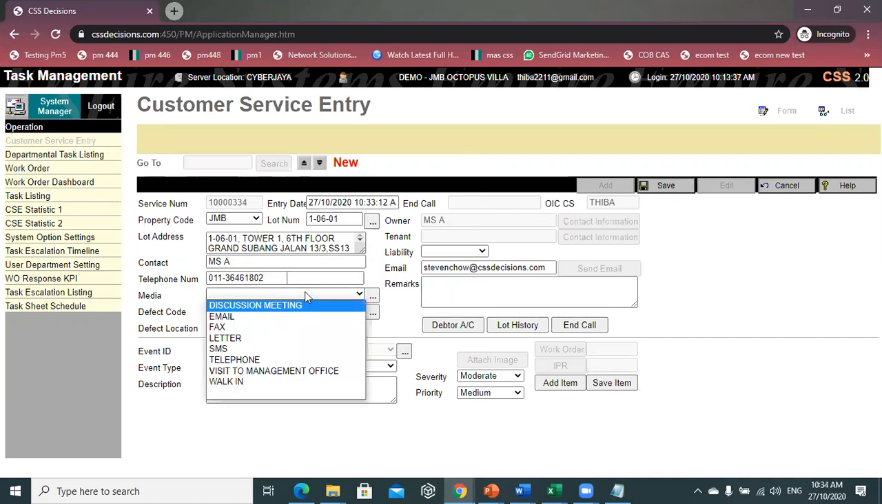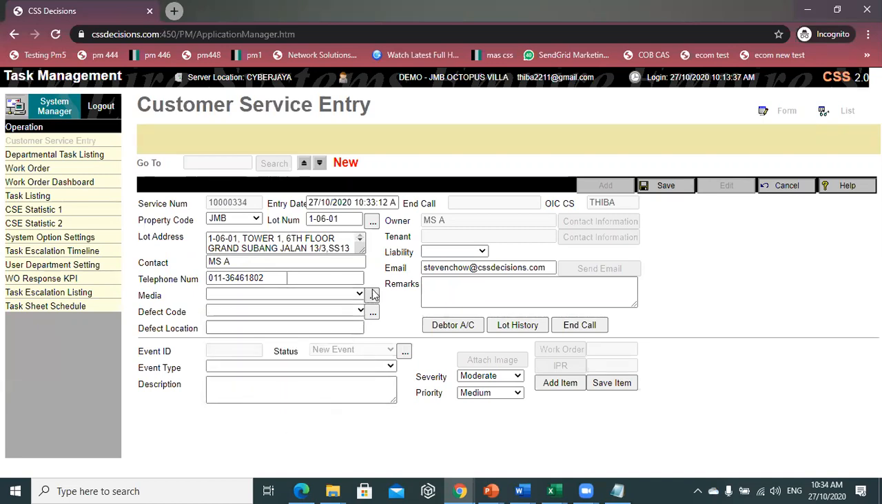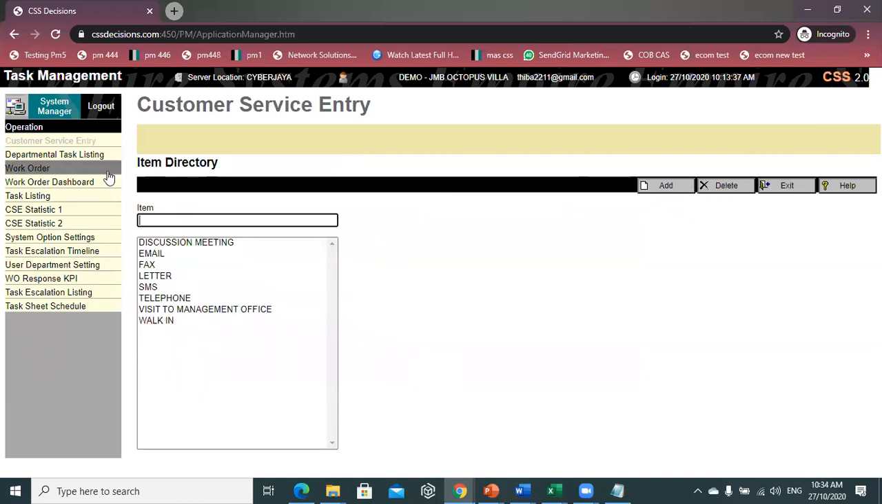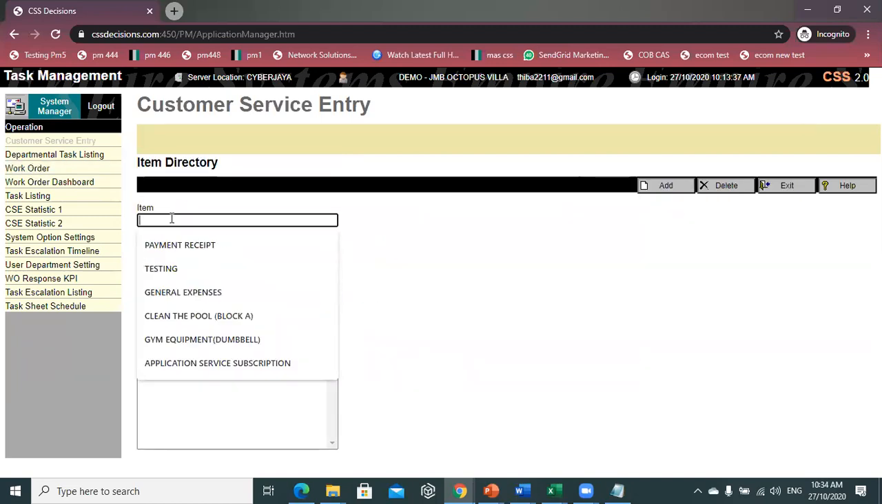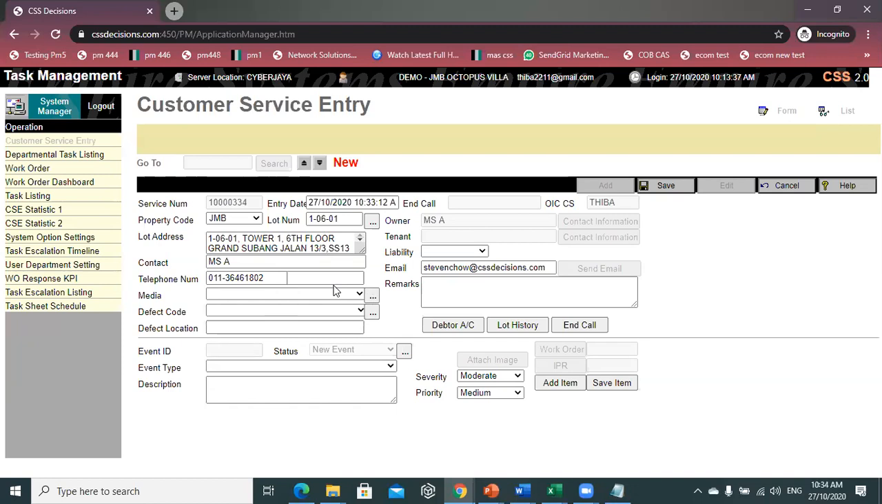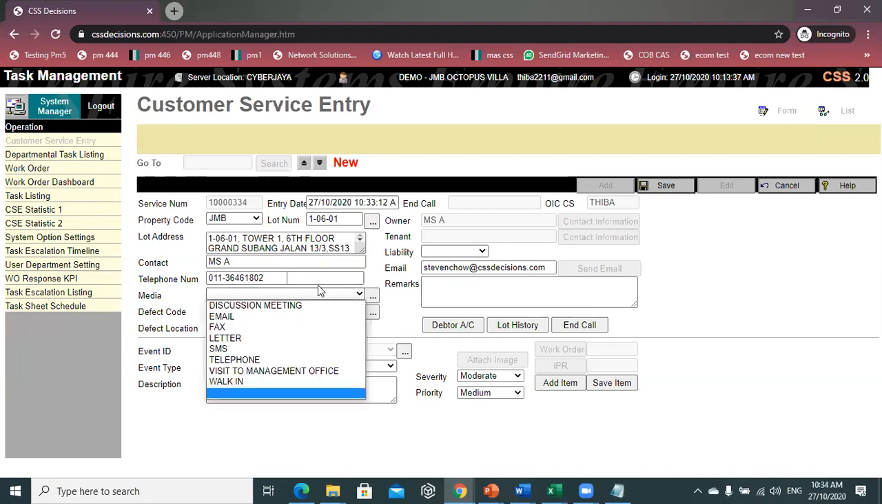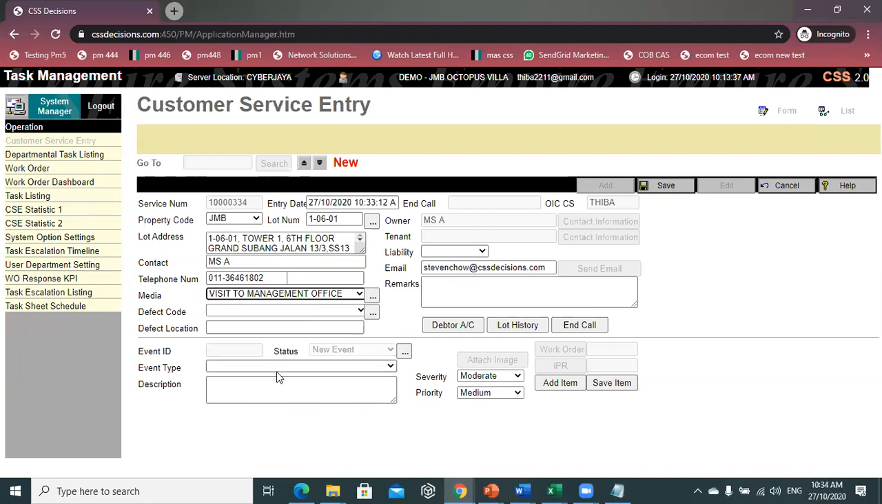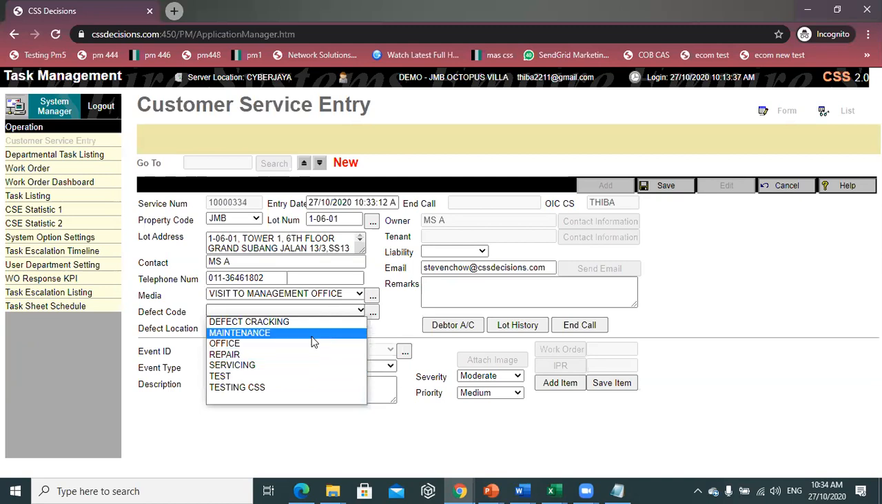Media is the source of complaint: how you receive their complaints. I put login. If you don't have it, you are still able to add it from here. Three dot box, press here, just type and add. That's it, the same step. Then I put visit to management office. Now it's working. Defect code,